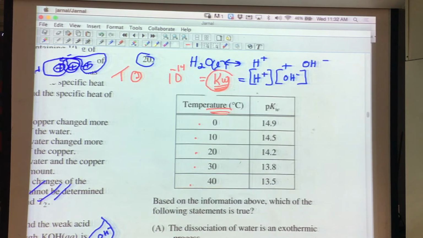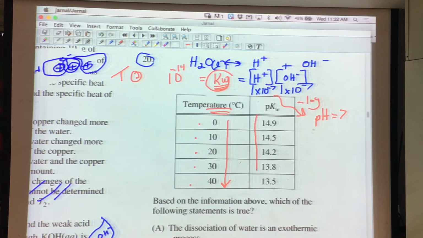The same number times itself. This becomes 1 times 10 to the negative 7, and this becomes 1 times 10 to the negative 7. And we know pH is equal to the negative log of that concentration. And that'd be 7. But when the temperature increases, we're watching the pKw, which is really the Kw negative log,